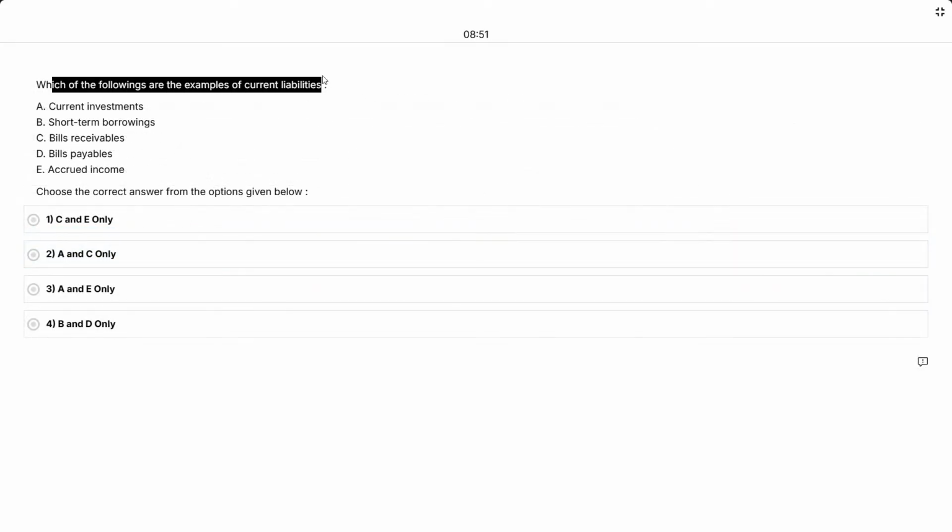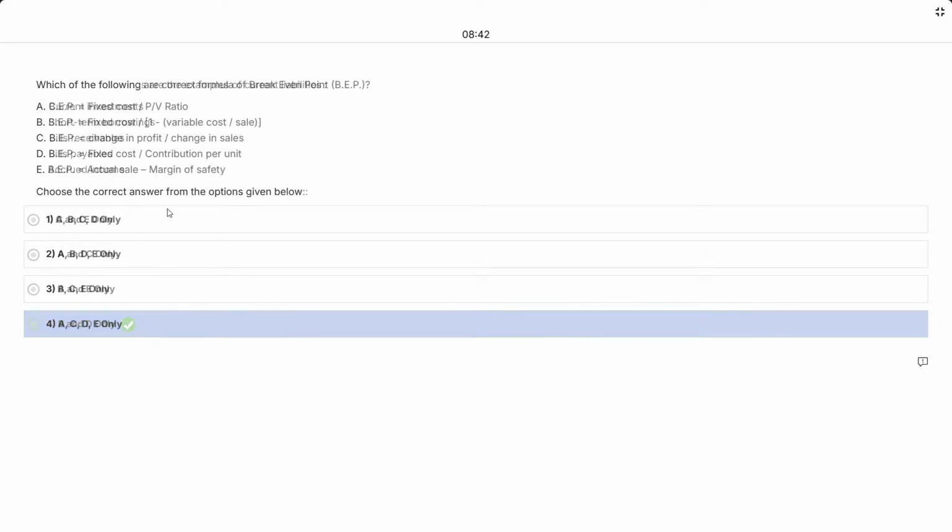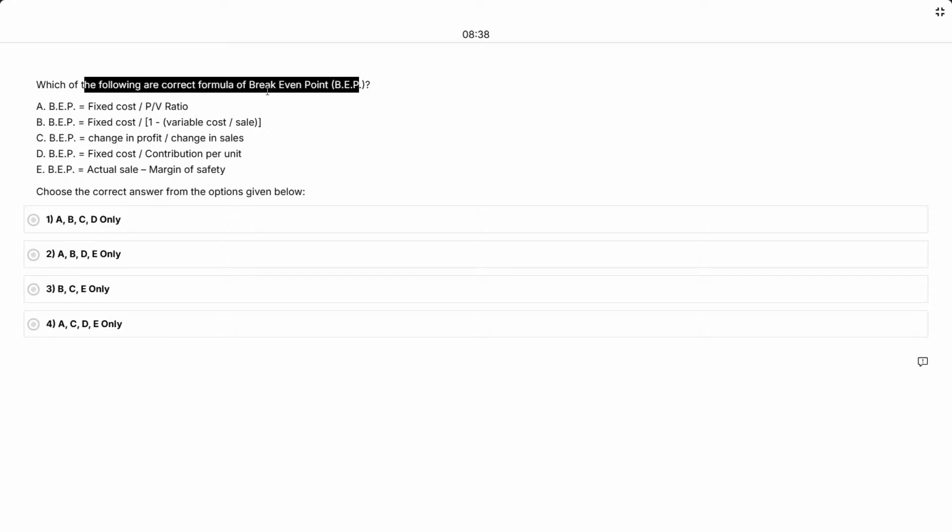Which of the following are examples of current liabilities? करंट लाइबिलिटीज जो वापस देने, शॉर्ट टर्म बोरोइंग बी तो होना चाहिए, बी हमें एक पता था तो उससे हमने दूसरा नहीं। ब्रेक इवन पॉइंट का है, अच्छा मल्टीपल सही हो सकते हैं, लेट्स सी। फिक्स्ड, this we do not know, let's say break even point।